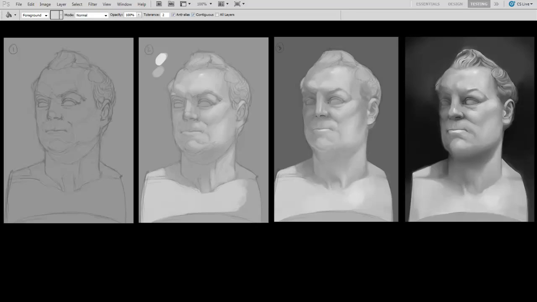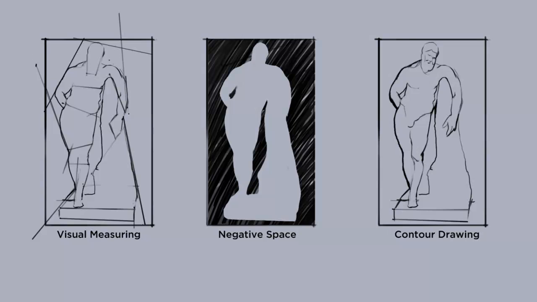It doesn't matter if you're using a photograph or a live model, it's the process of recreating what you're looking at. The whole goal is to match the pose, the lighting, and the character of what you're looking at as closely as you can. To achieve an accurate drawing, you can use a variety of observational drawing techniques like visual measuring. This is where you arrange your painting by comparing visual angles to one another. You might even hold up your pencil and compare the angle of what you're looking at to the straight line of the pencil. So after some refinement, you'll end up with a careful scaffolding to continue your drawing.